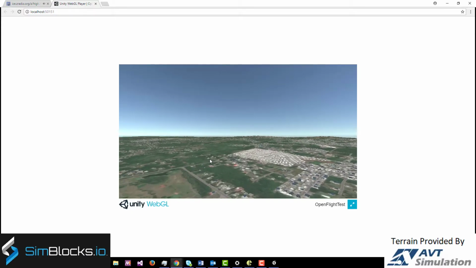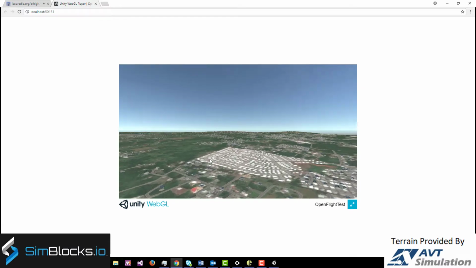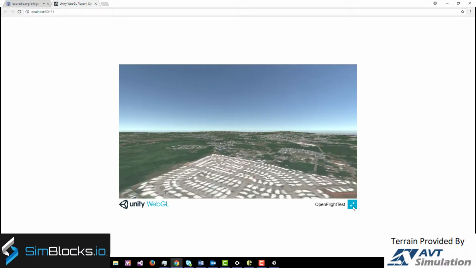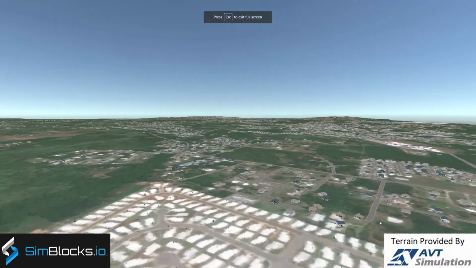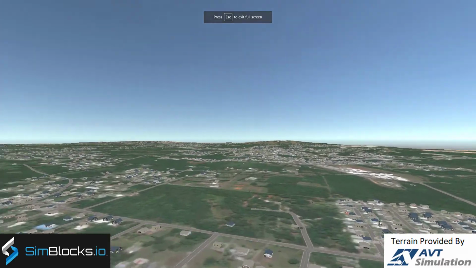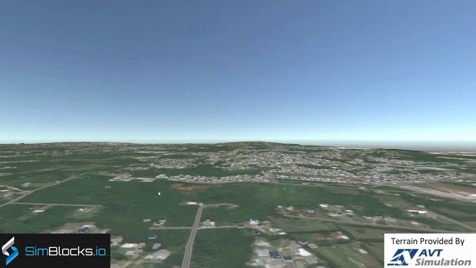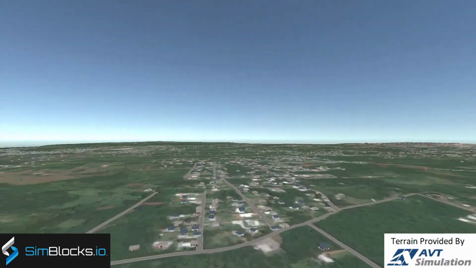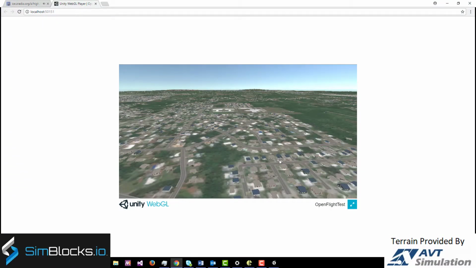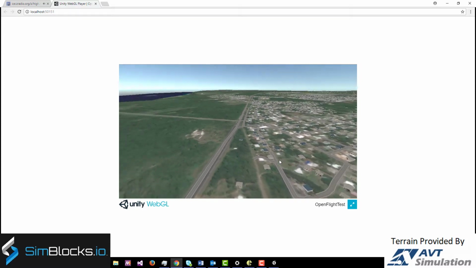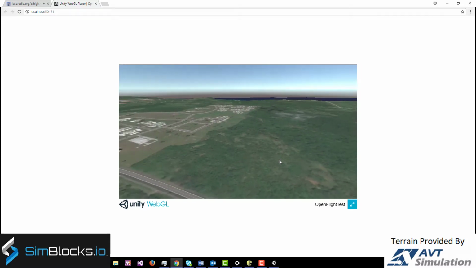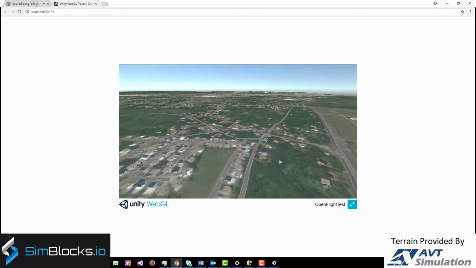In this video, we show how to support OpenFlight content in web browsers using the Unity game engine and the Flight Importer SDK for Unity from SimBlocks.io. The OpenFlight terrain in this video is a Guam database provided by AVT Simulation. This database contains a lot of houses and trees, and our goal was to be able to render this within